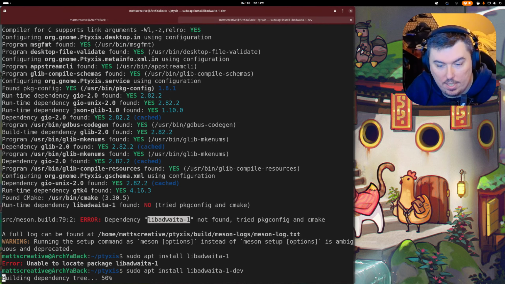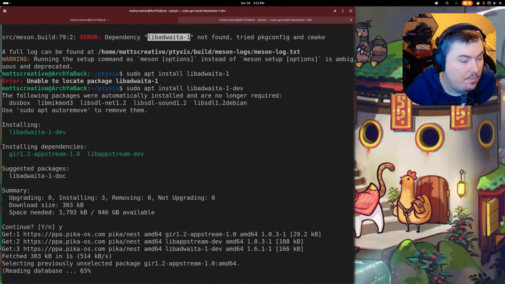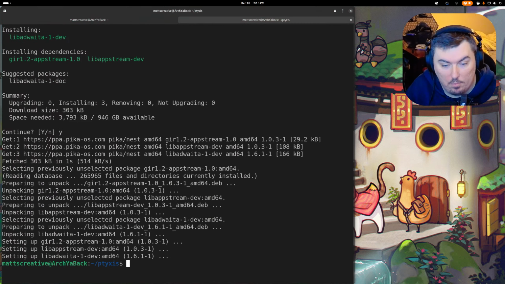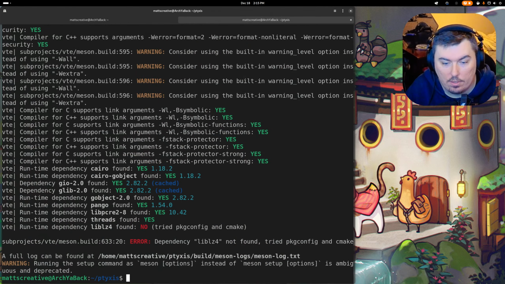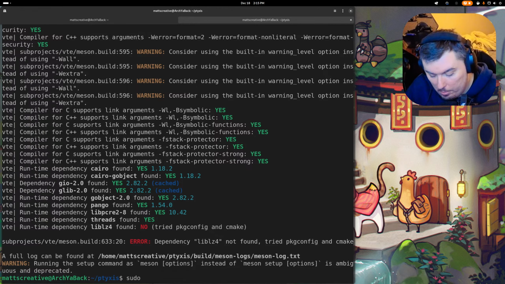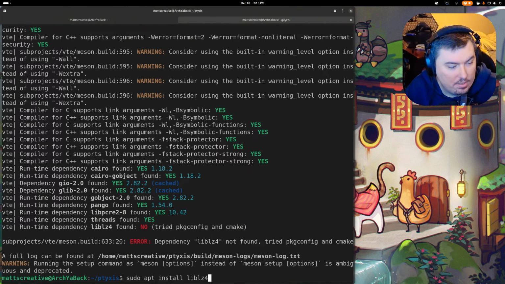Is libweston-1-dev? Yes, it is. There we go. I mean, what's your desktop environment of choice? No, this is not PikaOS. This is Bird OS. It's named after his parrot, or something like that.